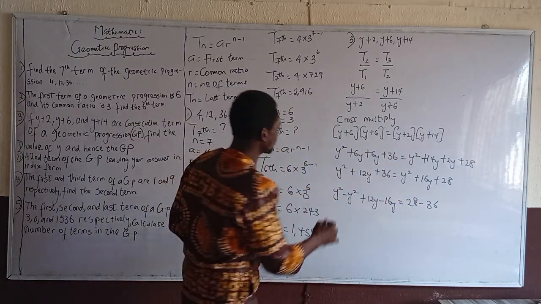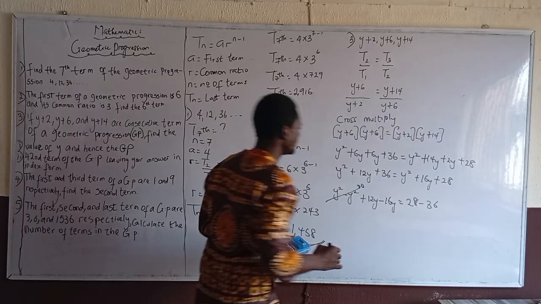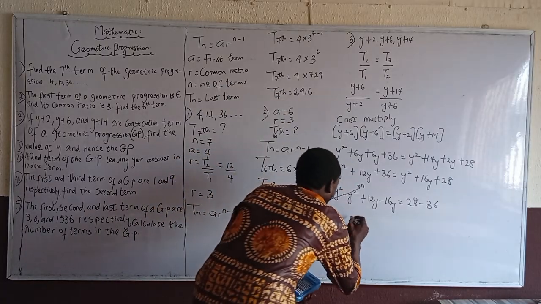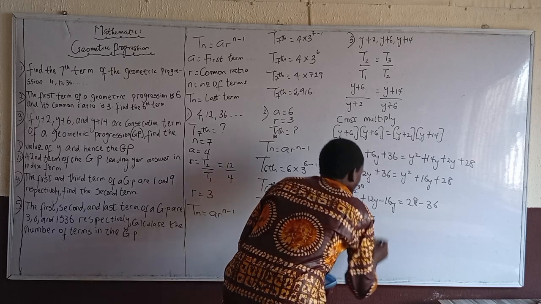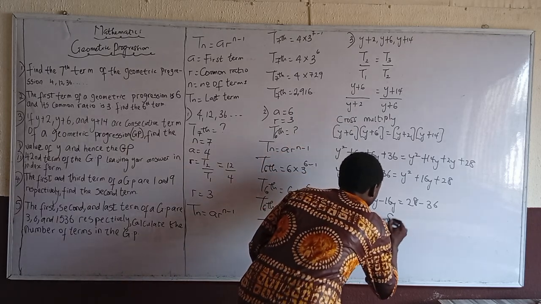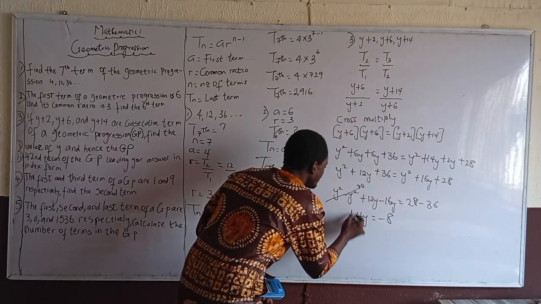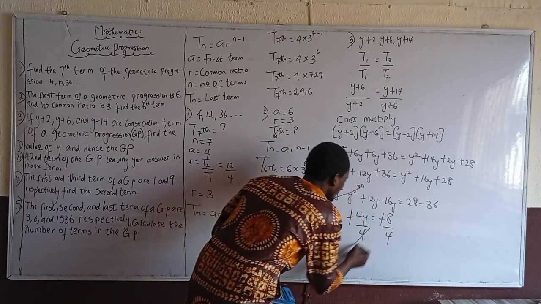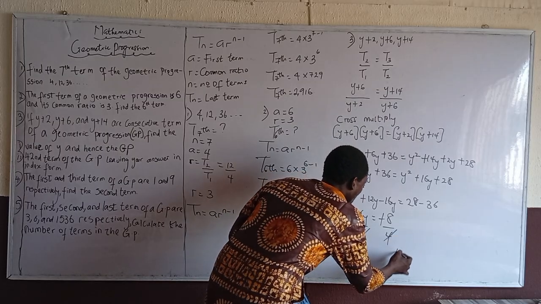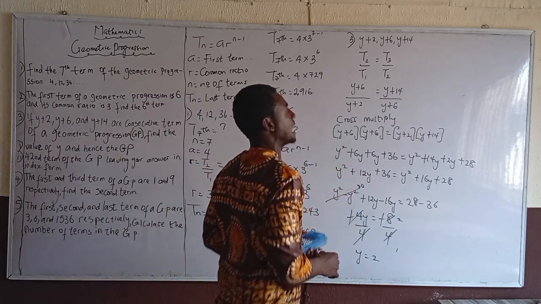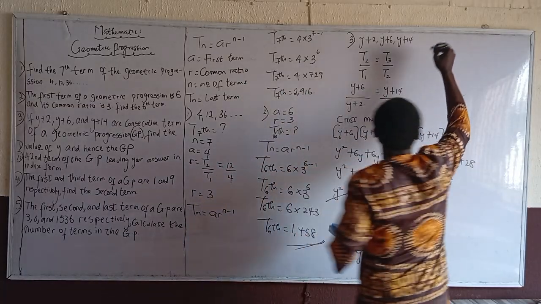Y squared minus y squared is 0. Now 12y minus 16y, that is minus 4y. Then 28 minus 36, that is minus 8. Now from here, minus cancels minus, divide by 4, divide by 4. 4 cancels 4, 4 here is 1, 4 here is 2. So my y equals 2. Now since my y is equal to 2, hence